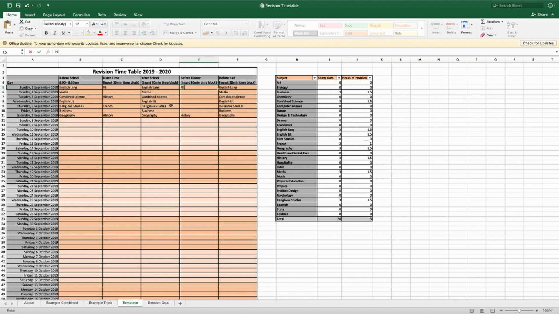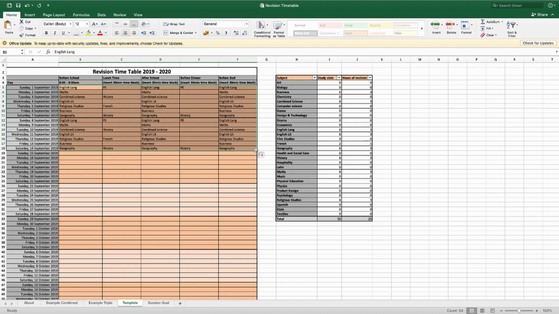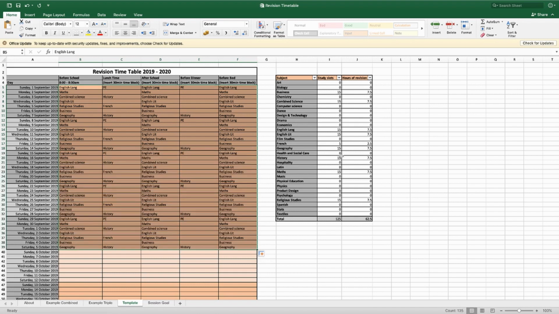Then copy and paste it onto the next week as well. Then you can just drag it all the way down to the end of the year and check the tally on the right to make sure that you're revising enough for each subject. If you do need to, you can delete some revision during your holiday, but try to add these in your